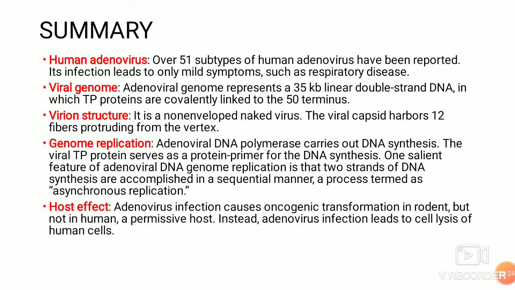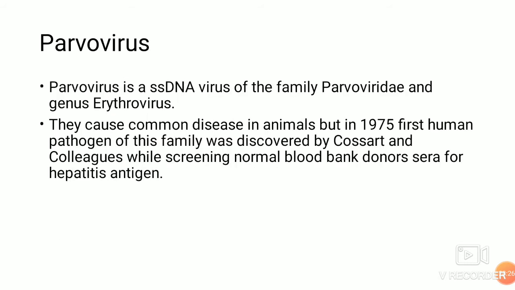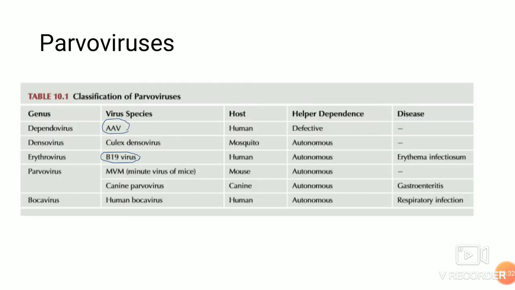Now, coming to the second interesting group, the parvovirus group. The parvovirus family contains single-strand DNA viruses and has 5 genera. This is a very interesting group, because there are certain viruses in it which do not have lytic capability, that is, they cannot autonomously replicate. They are called defective viruses, and there are a few autonomously replicating parvoviruses which can replicate independently. They do not need the supporting machinery.